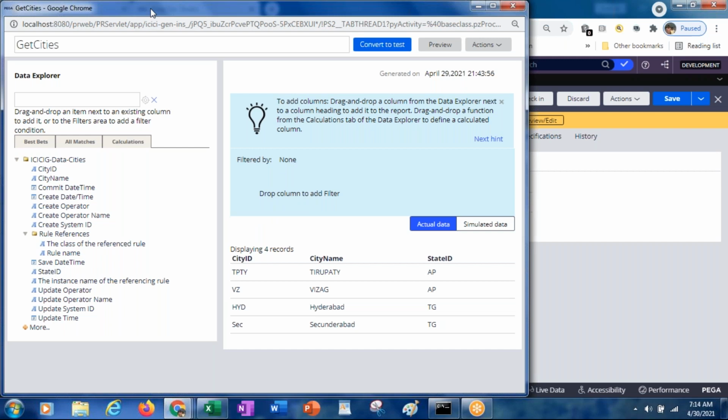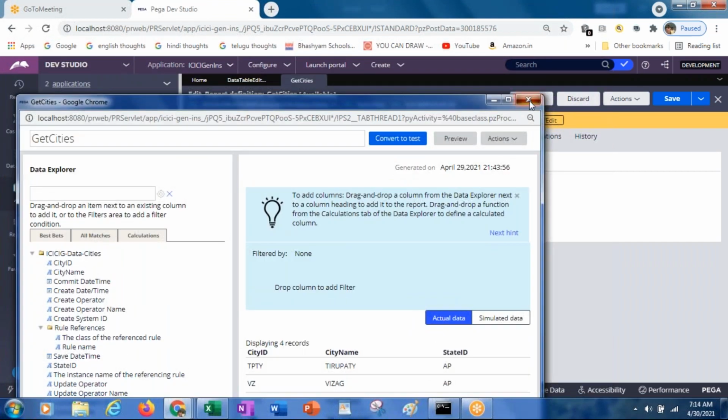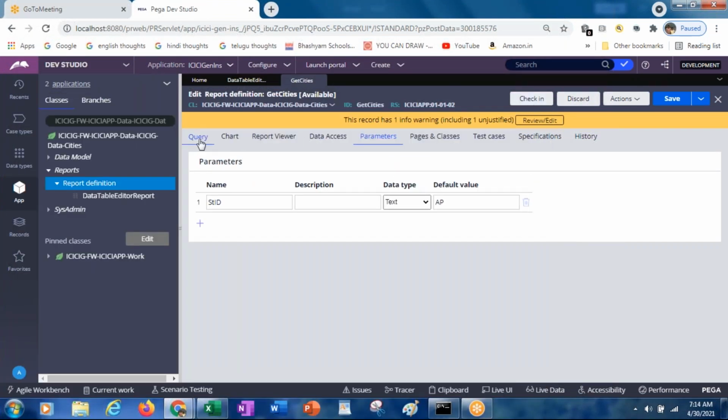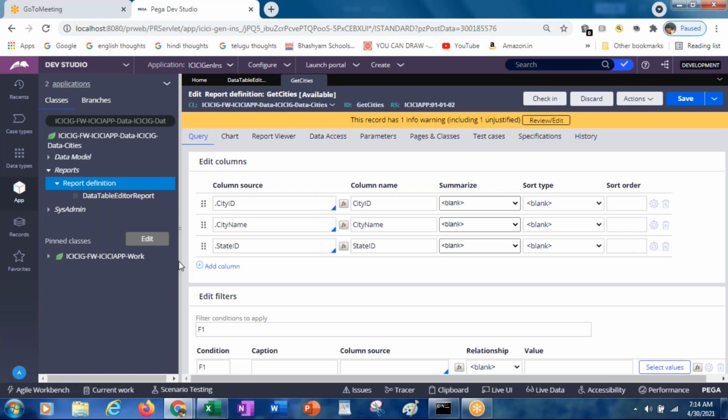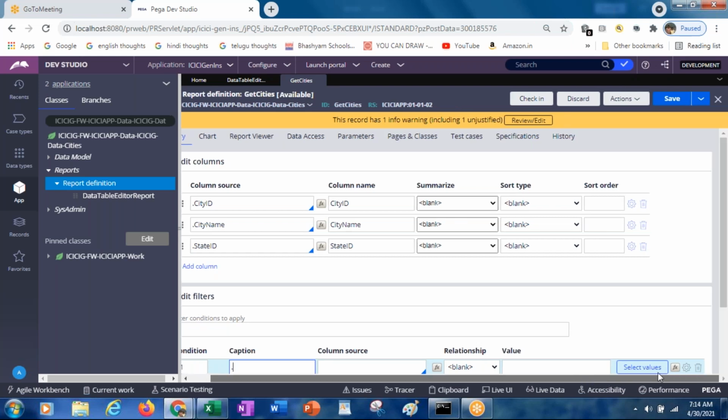Along with this, we need to apply the where condition. Only if you apply the condition will it work, right? So what is that condition? Right now, in the query column, whatever columns you give, that will return everything. In the edit filters, you apply the condition. So what is that condition? State ID, if you give